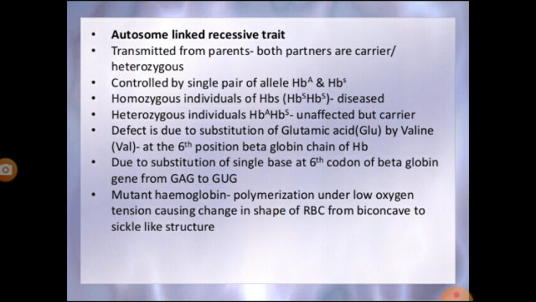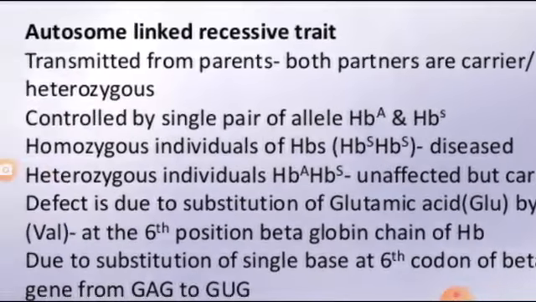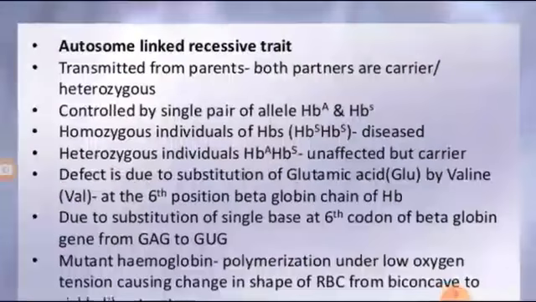Actually, when the transmission is from both the partners, whether they are carriers, the heterozygous, then it is said to be an autosome linked recessive trait. It is controlled by the alleles HbA and HbS, as you see, and the homozygous individual of this disease is shown by